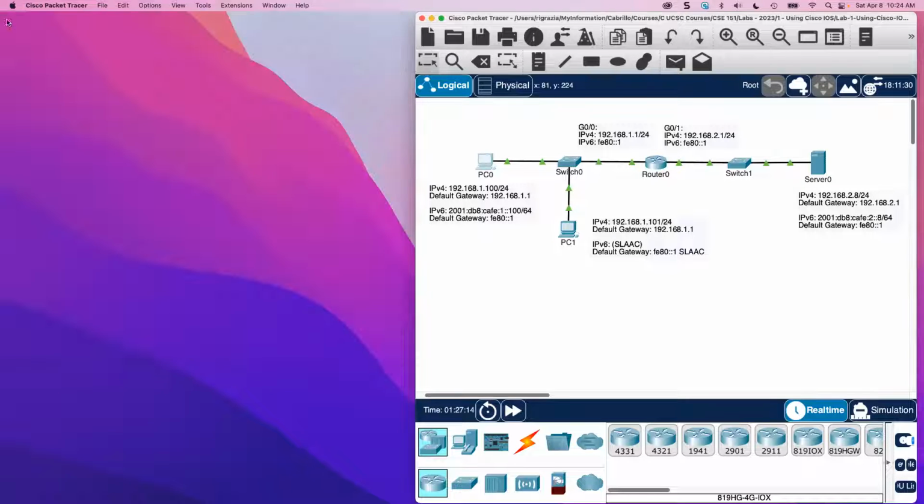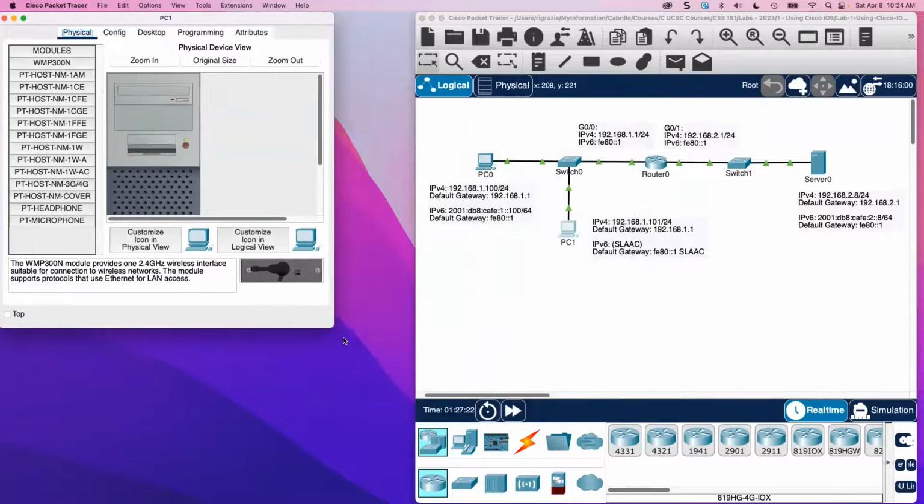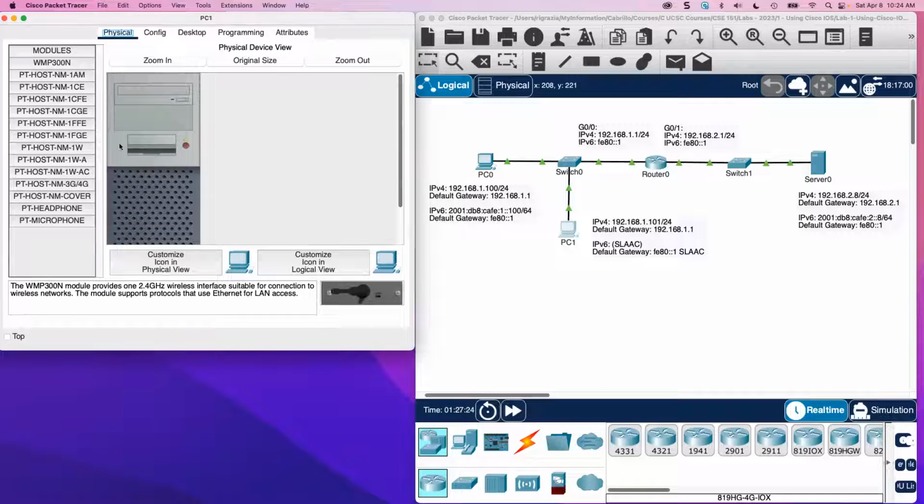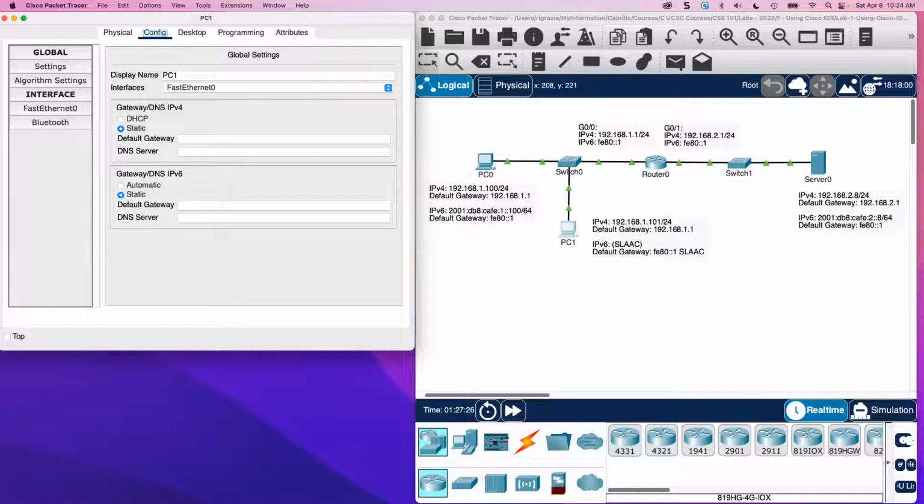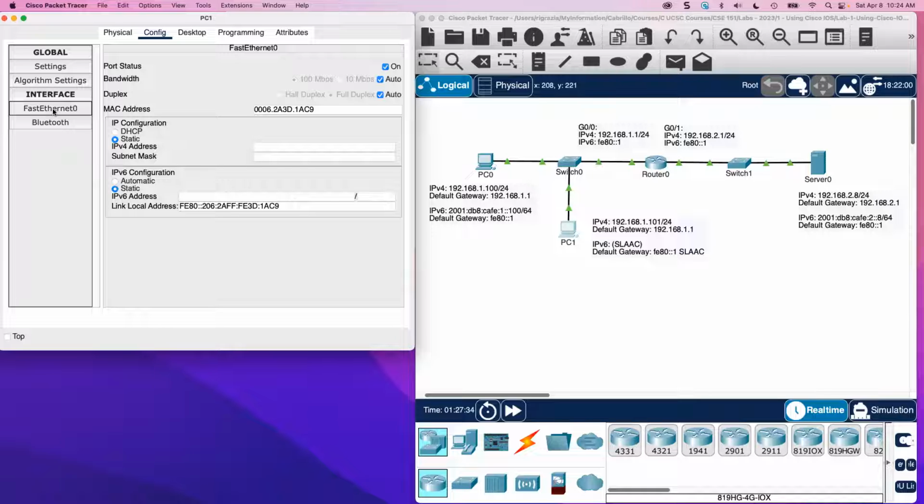All right, let's close that. Next, let's go to PC1. Now, PC1, I'm going to do something slightly different. We're going to do static for IP. Click on Fast Ethernet 0. There we go. Got to do that. Static for